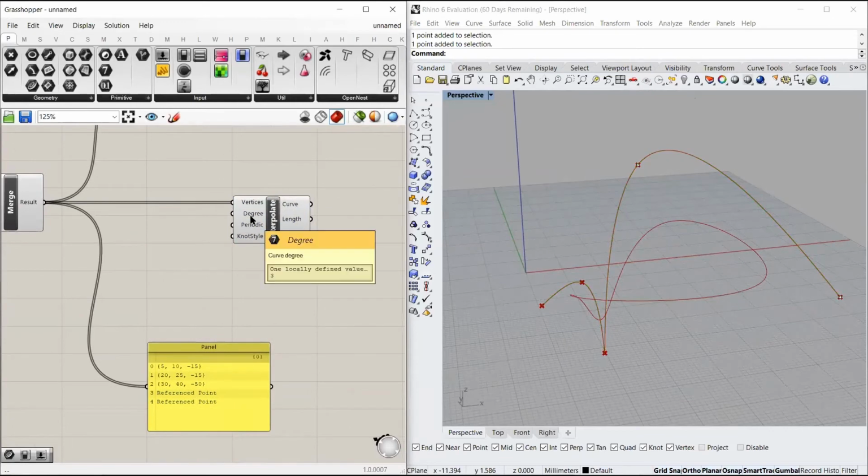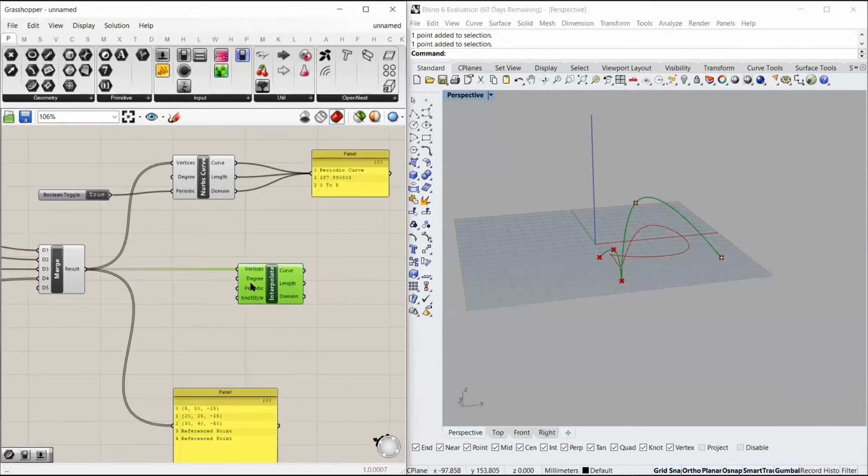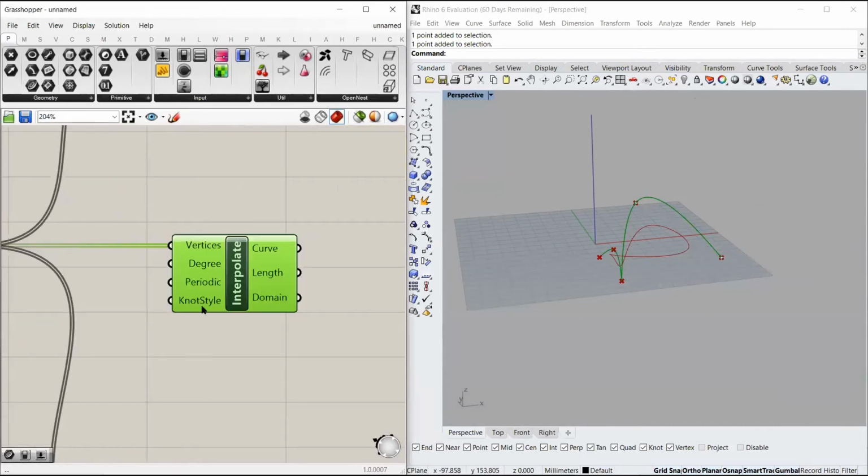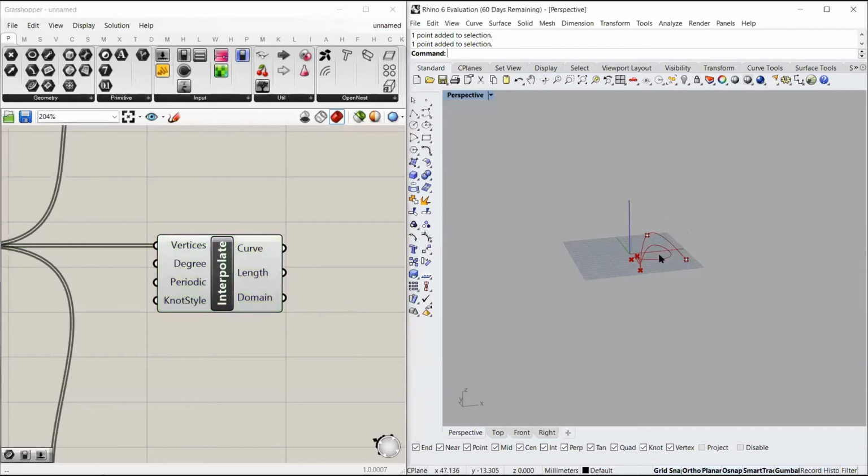And the degree again is by default set to 3. The periodic is set to false, and knot style is something that I won't cover for now. But by default, we never change the knot style. It is by default set to 1, that is chord spacing. So I recommend that you should leave that knot style to be 1.